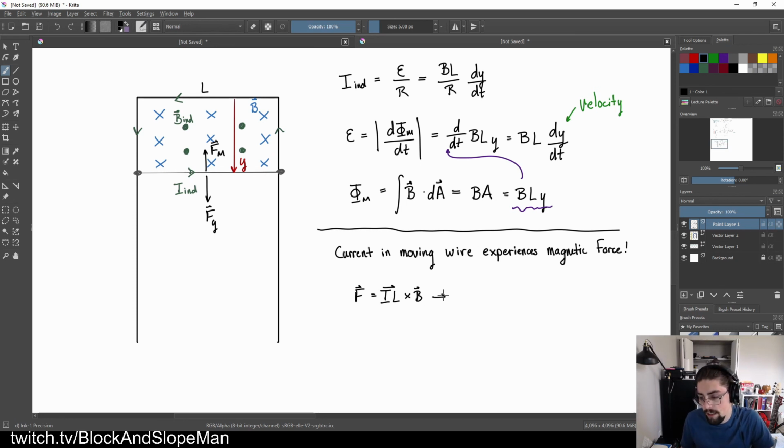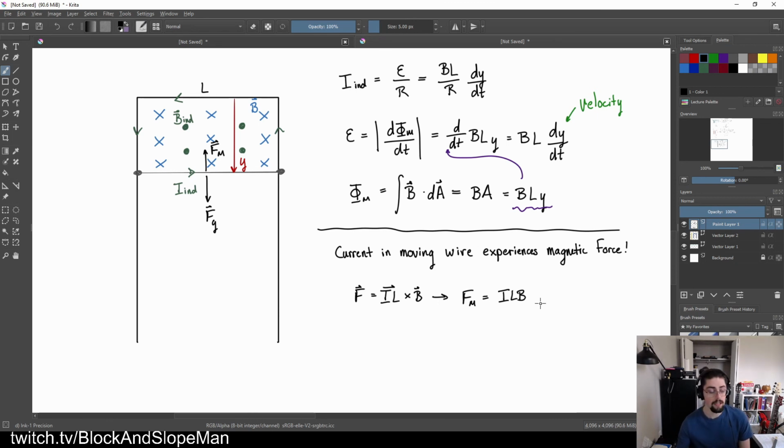So then I can say that the magnitude of the magnetic force, as I've got it drawn here, is just going to be ILB, because those things are perpendicular to each other, right? The cross product is maximized because the angle is 90 degrees. So with that in mind, now, assuming that there is not any sort of friction or air resistance, and let's just do ourselves a favor and assume that there's not,